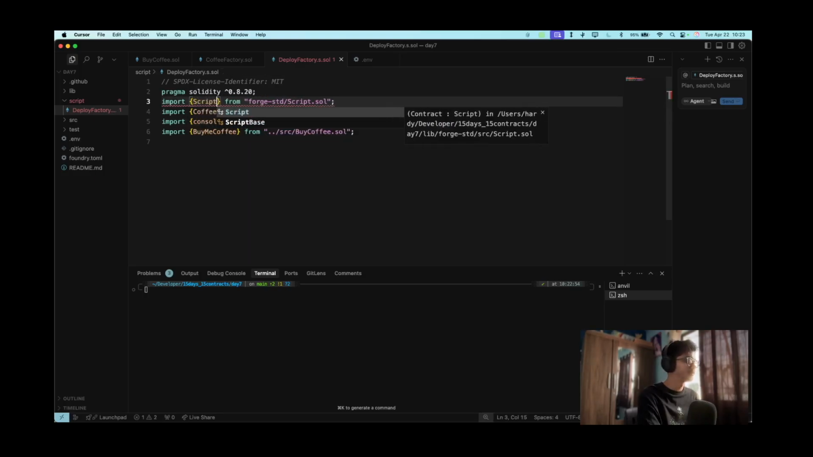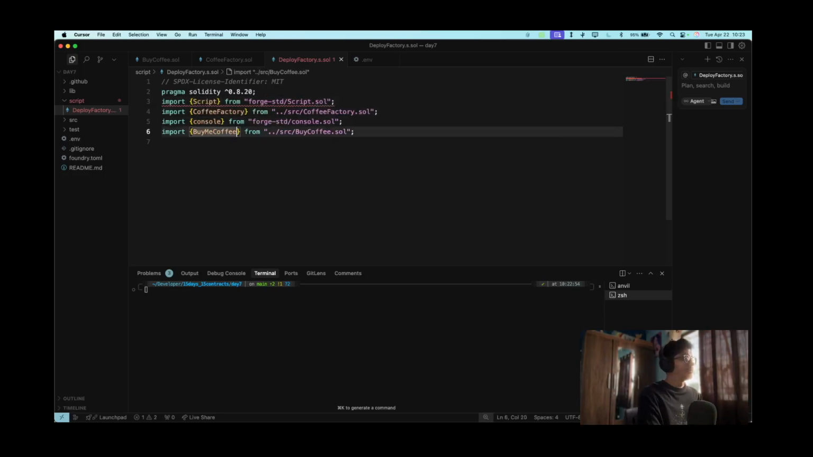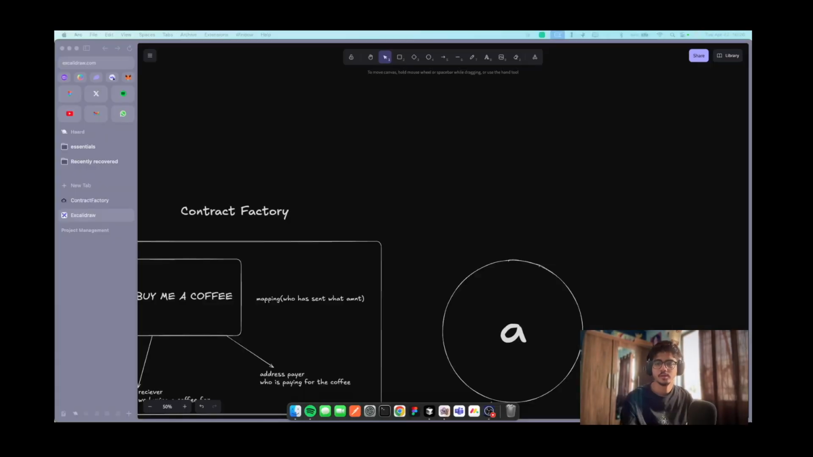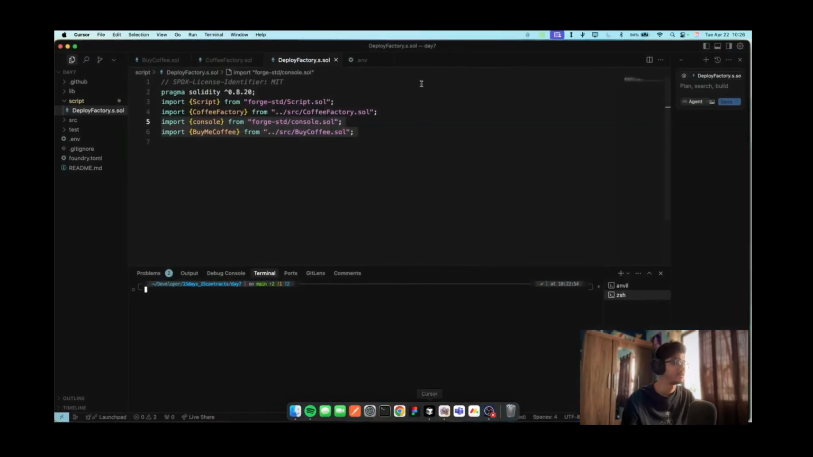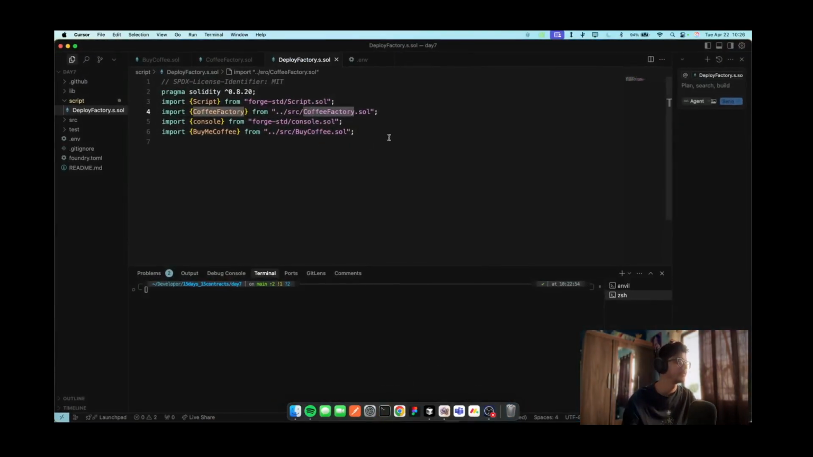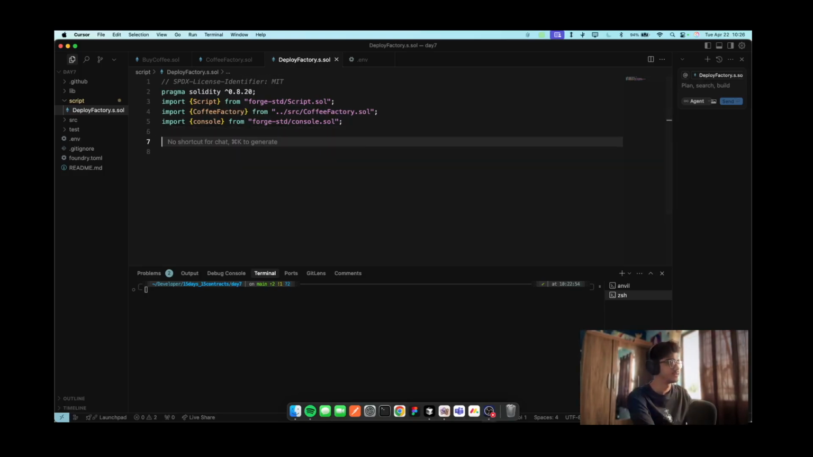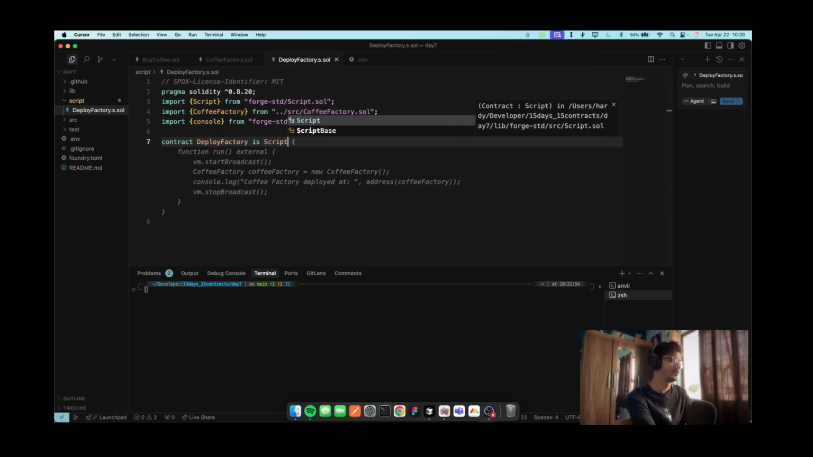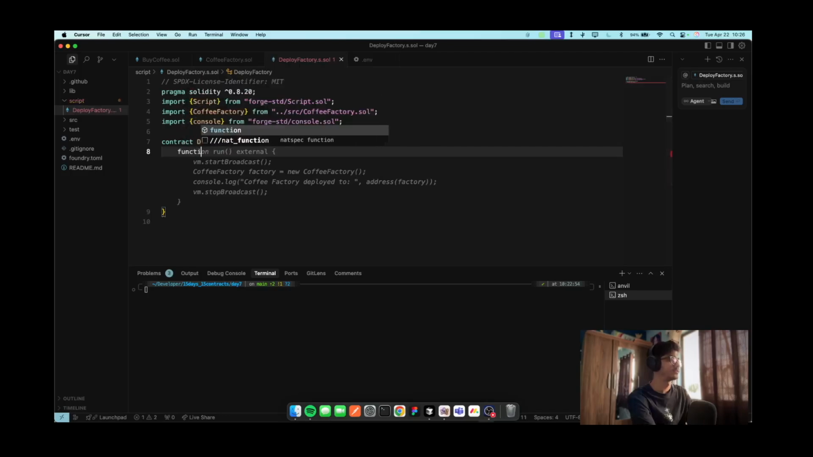It will be Script, and BuyMeCoffee is also imported here. Now actually we don't need this BuyMeCoffee here, and what we need to ensure is that we are deploying this coffee factory first, and we do not directly interact with the original contract. We'll just interact with the coffee factory. So DeployFactory is Script, and then we'll deploy this function run